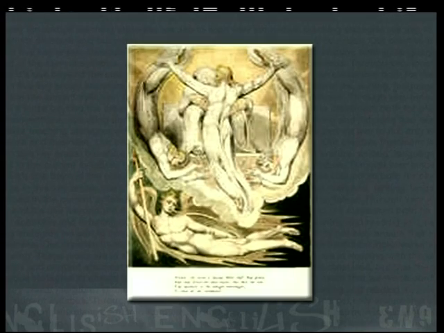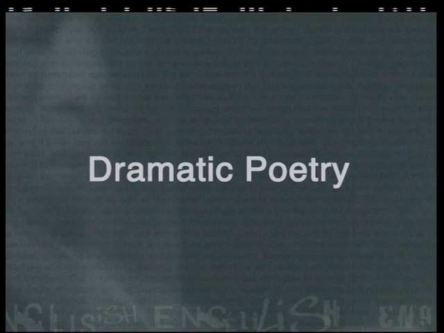The two other broad categories are epic poetry. This is a very long narrative poem that can extend over hundreds of lines. An example of a great epic poem is Paradise Lost by John Milton. And dramatic poetry. This is poetic monologues or dialogues performed by a character or characters that the poet assumes. An example of dramatic poetry is Ulysses by Tennyson.